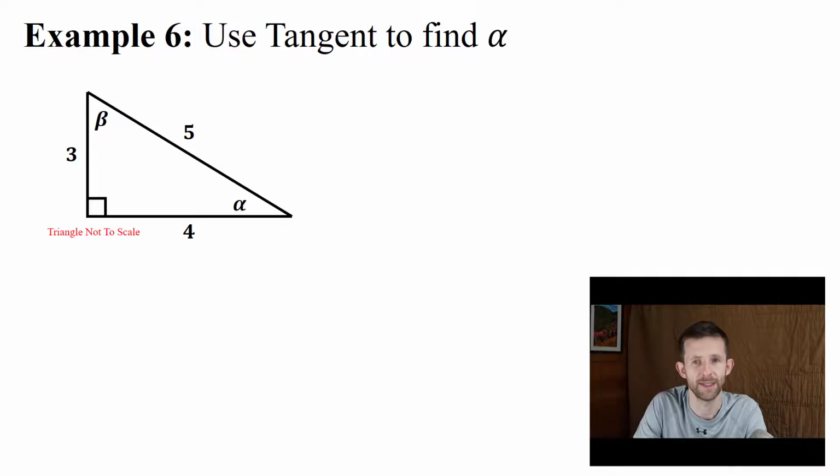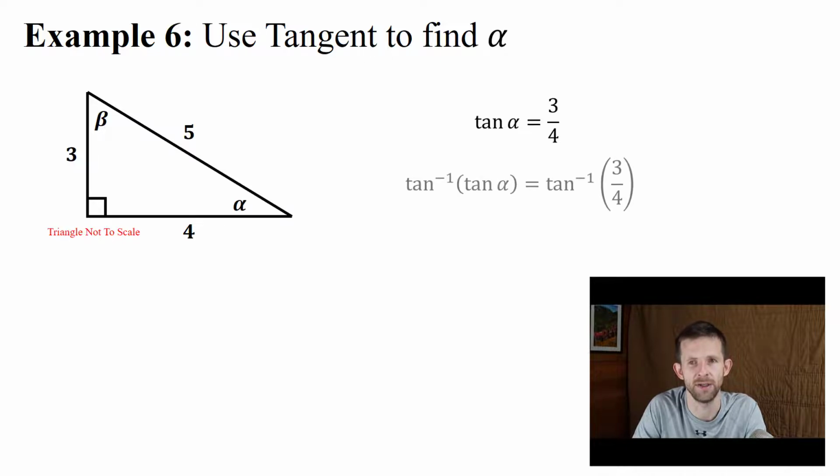For example 6, I want to use tangent to find the measure of angle alpha. I've got this 4, 3, 4, 5 triangle, and tangent of alpha is the opposite side over the adjacent side, opposite over adjacent. Tangent of alpha is 3/4. I want to get rid of the tangent and have alpha by itself, so I'm going to take the inverse tangent of both sides. Inverse tangent of the tangent of alpha just gives me alpha, and the inverse tangent of